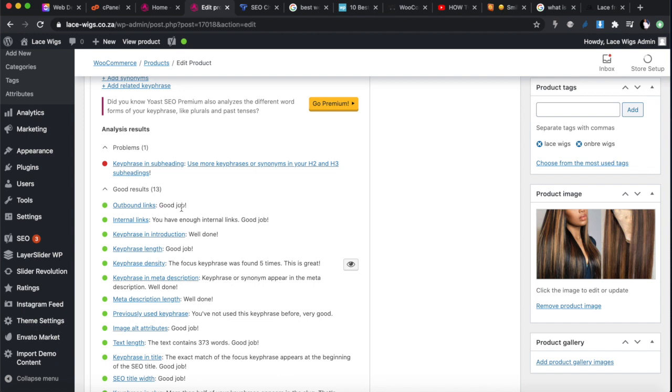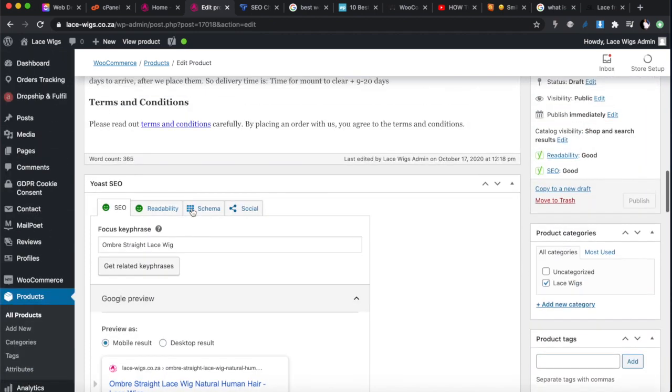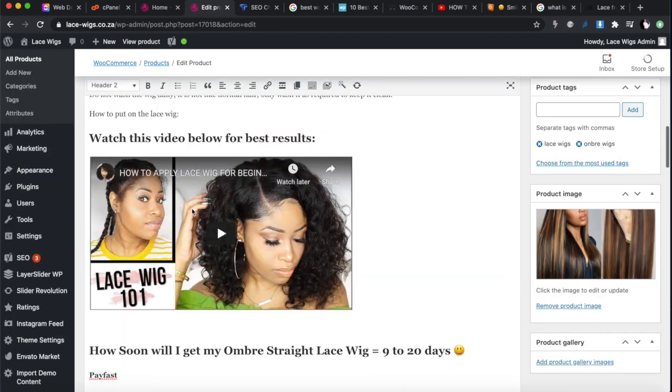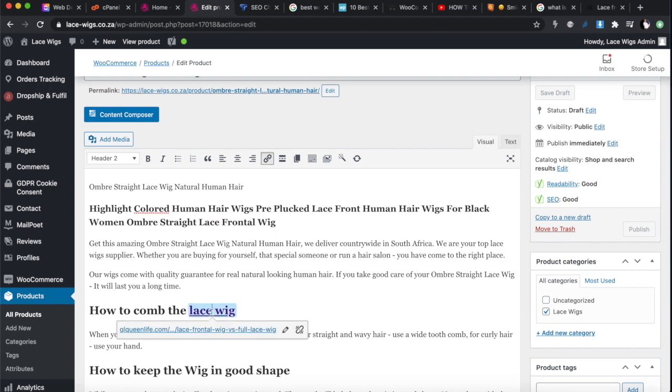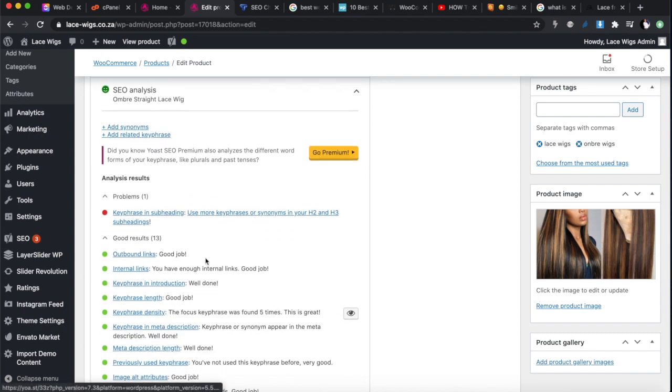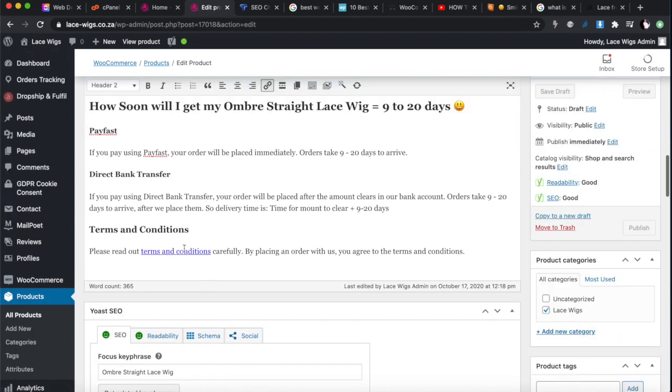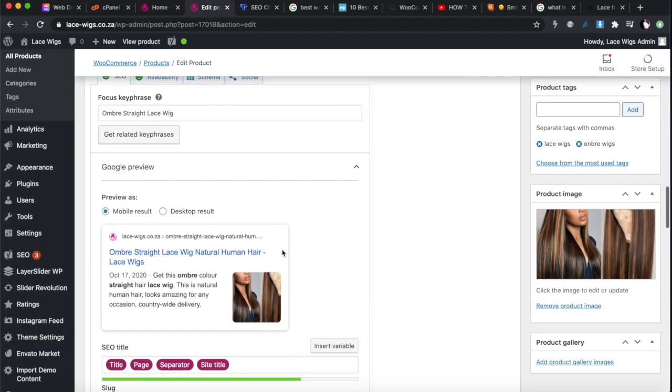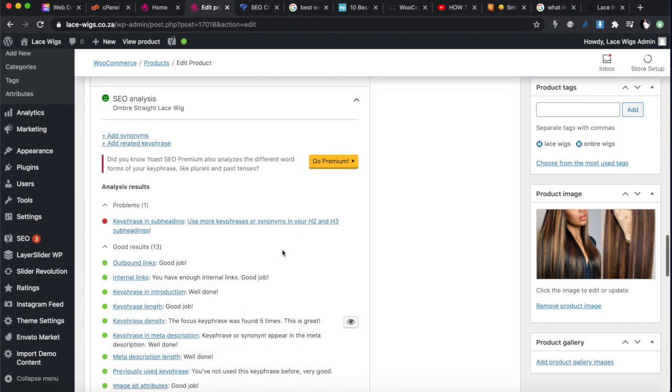So Yoast is very good with that. You need to have outbound links. This is the outbound link that we put in here. It's that one there that goes to an outside website. That's our outbound link, okay? You need to have an internal link. This internal link is the one that we added here for our terms and conditions. It is internal to the website. You could also have links to other products, but that's added for you anyway, so you don't have to worry about that.